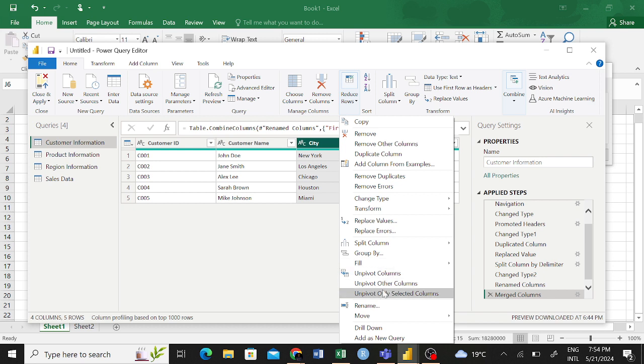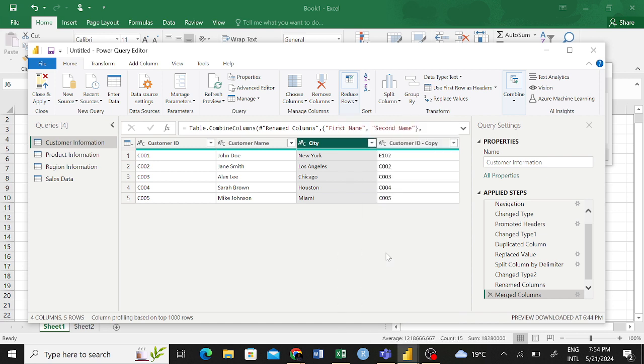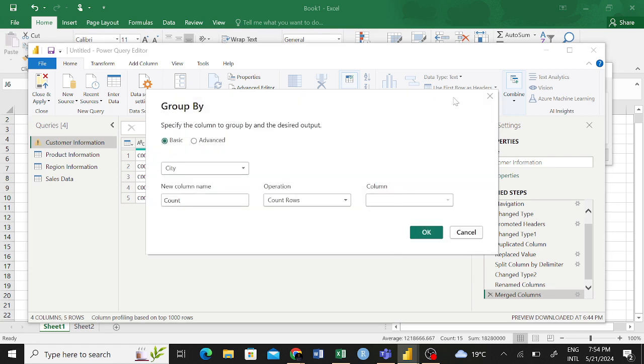I'll show you also how to pivot and unpivot. But that is also something that you can check in Excel. You can also even group, so you can perform a group. So specify the column to group by and the desired output. So maybe new column name is